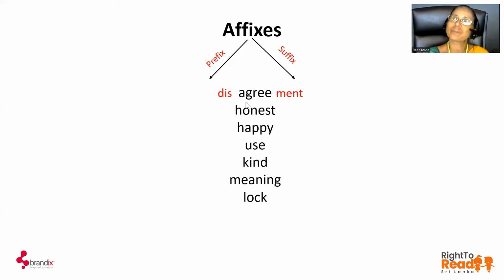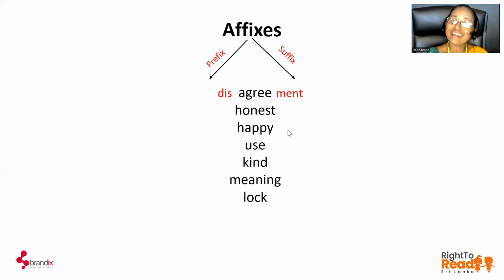Agree. What is a stem? The base, the main part of a word. Agree, then we can form a word such as disagreement. Honest, yes, we'll try out these words. Honest: can you add a prefix? Honest, dishonest. Suffix: honestly. Happy, unhappy,